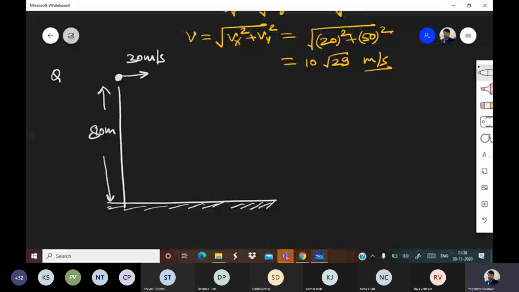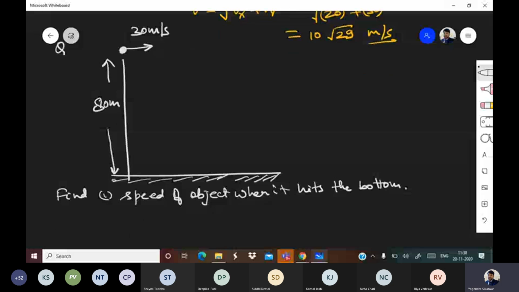The question says find, number 1, speed of object when it hits the bottom. Number 2,